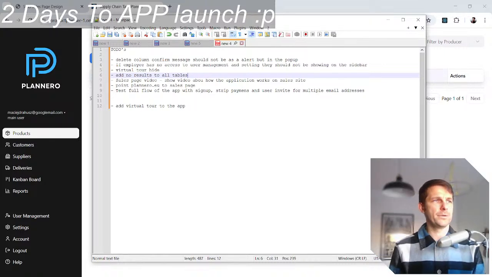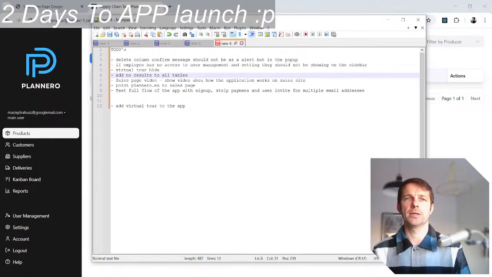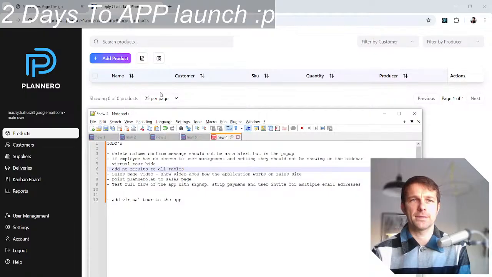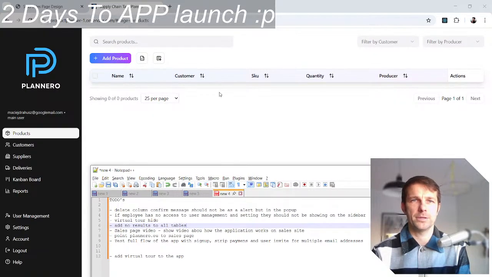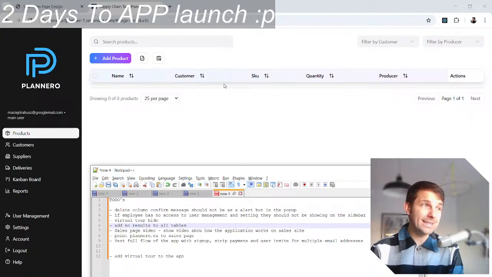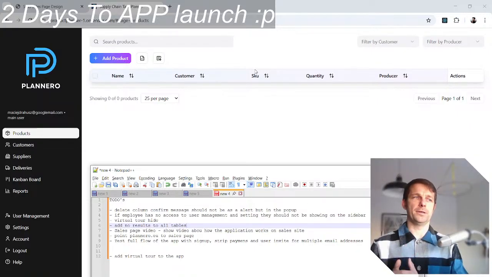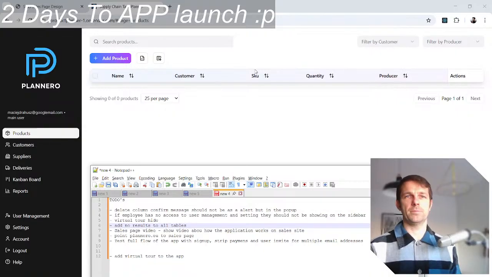In two days I'm actually launching my application, so I still have a list of to-dos to get there. For example, I just realized that when you have no products, the page is pretty empty. So it should at least tell you what you can do. You can upload the Excel file if it's in the right format, or do other stuff as well.